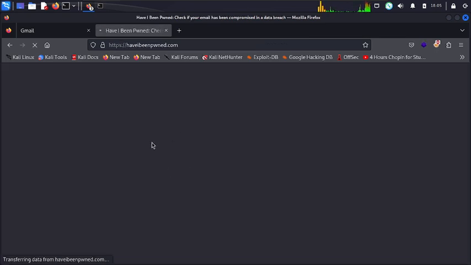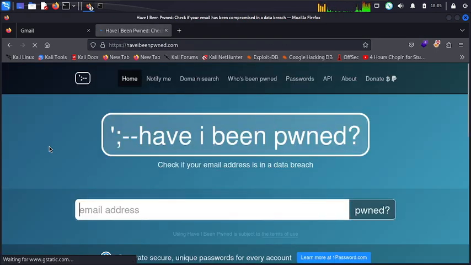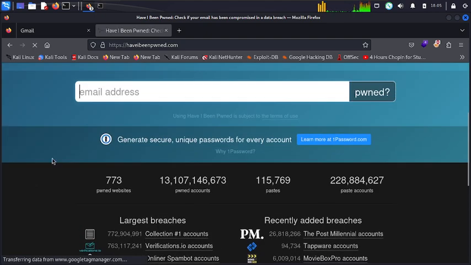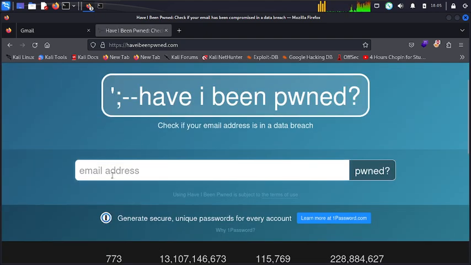Here you can check if your email has been compromised in a data breach. You type your email first of all to see if it has been compromised,